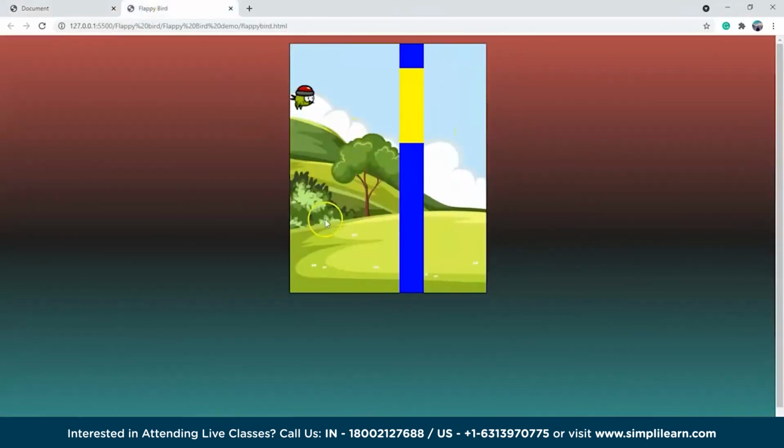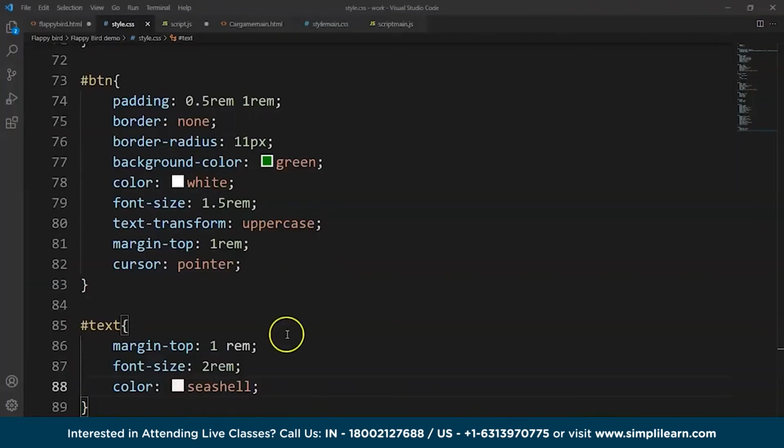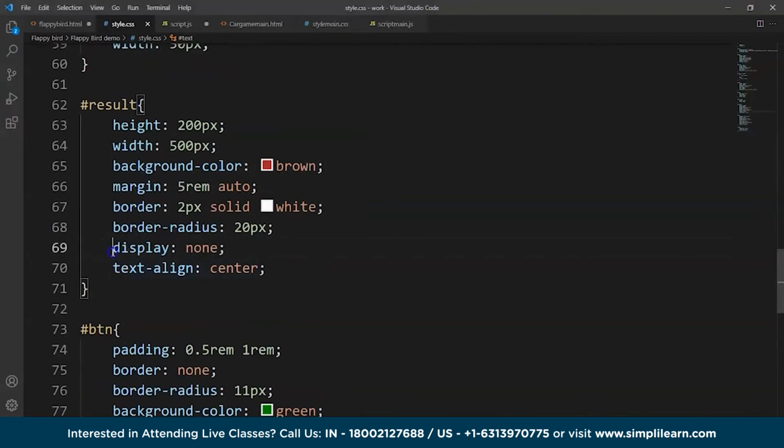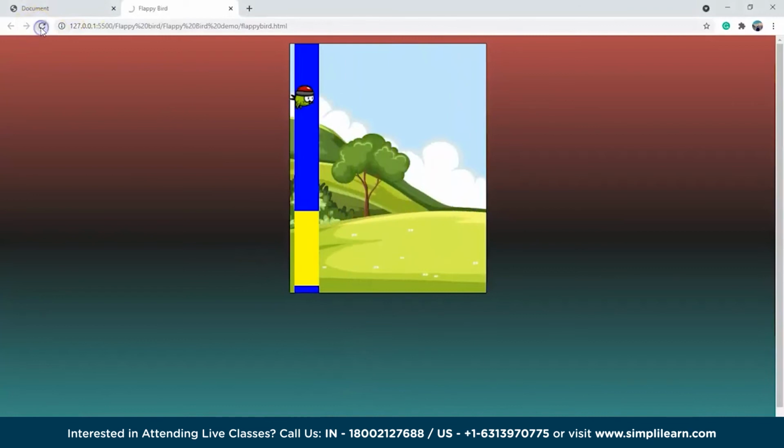So this is our game, and you can't see any game over scenario here, right? So for that, what we have to do is we have to go here in result and we have to comment this particular statement. Fine. Display as none, we have to comment out this statement. Save it now. And it's not working